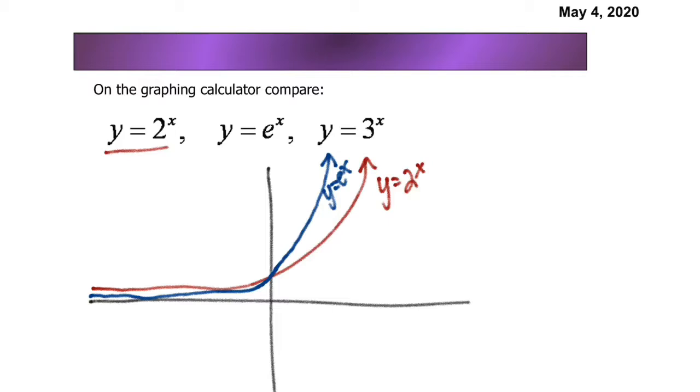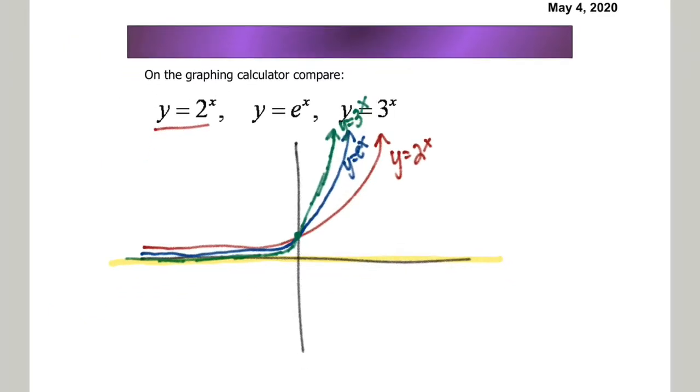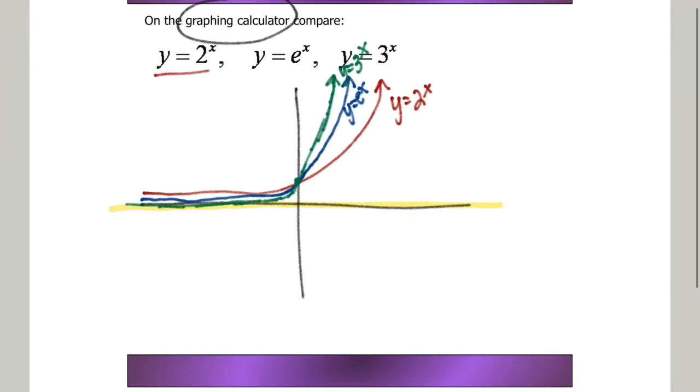I'm going to fix this little drawing here because my blue was good. My blue didn't cross over the red. We're good. So what's going to happen here? Y equals 3 to the x is going to be on the inside. So it's going to be even closer to the y-axis, and it's going to be under the blue. All of them will have an asymptote of y equals 0. I encourage you to practice really putting this into your graphing calculator and comparing all three